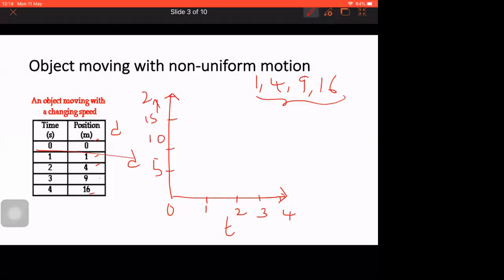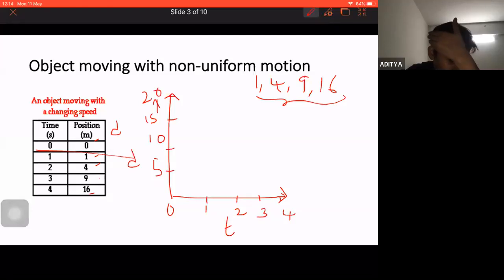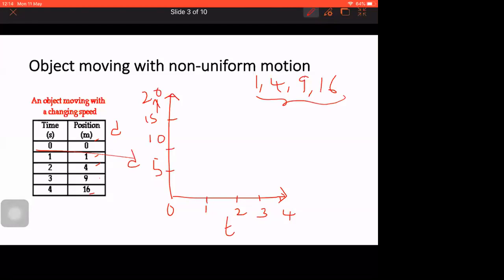Okay. So now how can I plot the graph? If you observe the graph paper, we go like 2, 4, 6, 8. Because I don't have much length here, I'm not going for 2, 4. If you have a big graph paper, you can easily go. No problem. Now, for 1 second, if you have any confusion, you can again divide here into 1, 2, 3, 4. If you have that confusion, you can divide, okay?